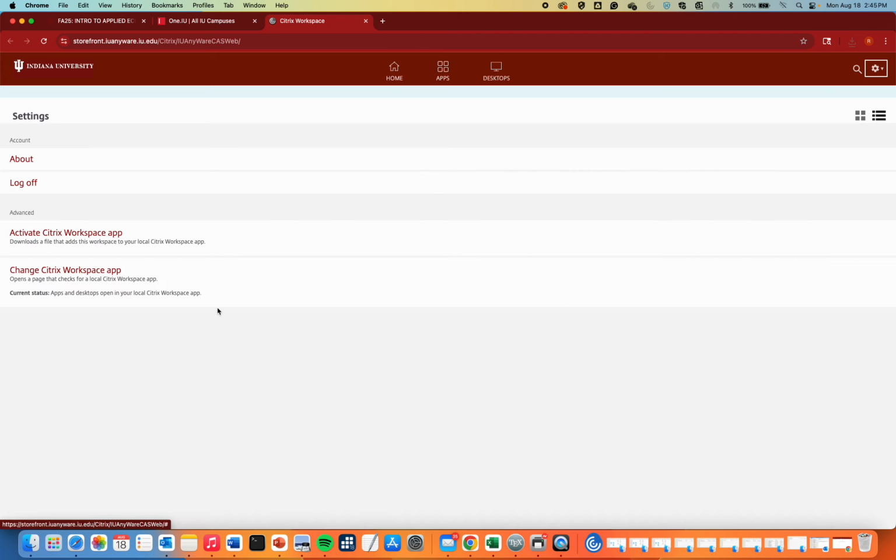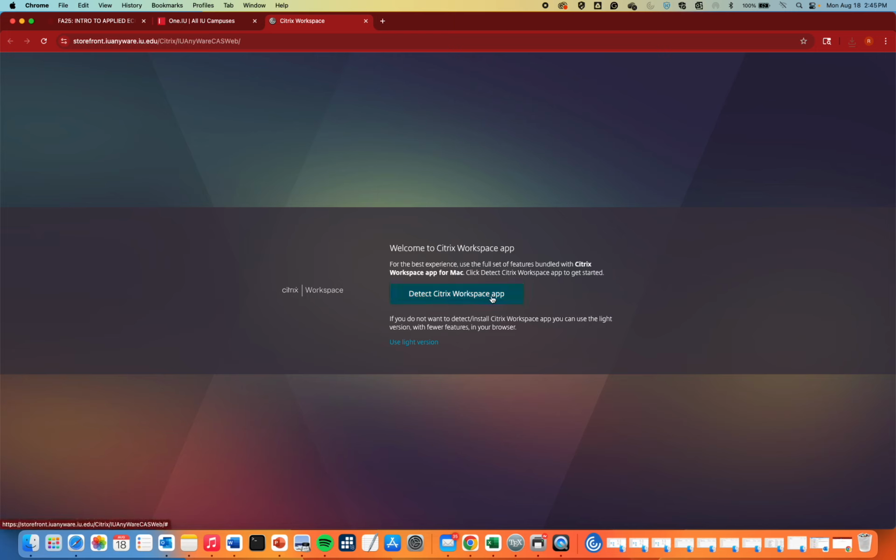Now I only had one or two students who had to do this last semester, but depending, if you're not using an IU computer and you're using your personal laptop, depending on the make, model, etc., you might have to go to change Citrix workspace, and instead of using that, you might have to use the light version. The program will still have all the same capabilities. It's just somehow on the tech end of things it makes it more compatible with your device. So if you've done those other things and it still doesn't work, try using the light version and then going back to IU Anywhere, opening up